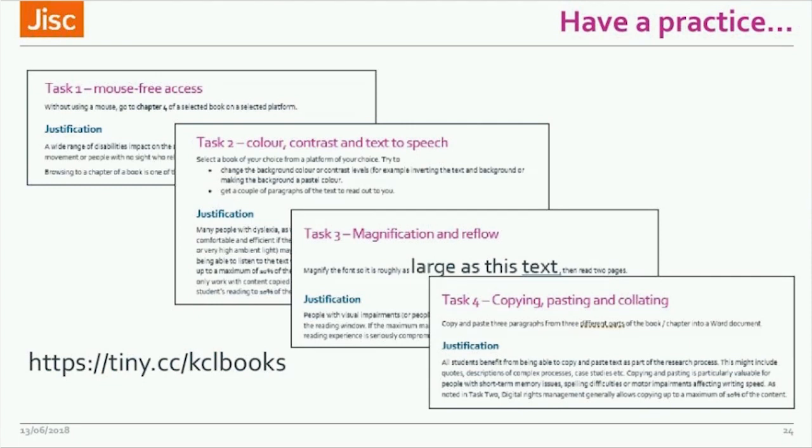Go to any of your files, open them up. Can you change the colors? Can you change the contrast? Can you change text-to-speech? Does your accessibility statement tell you how to do it? Magnification and reflow: go to any of your files, look at them in the end product, the browser or the tool that they will be viewed through, whether that's Adobe Digital Editions, Adobe Reader, Bluefire Reader, whatever. Just try magnifying it 300, 400% till it's big and see if it reflows.